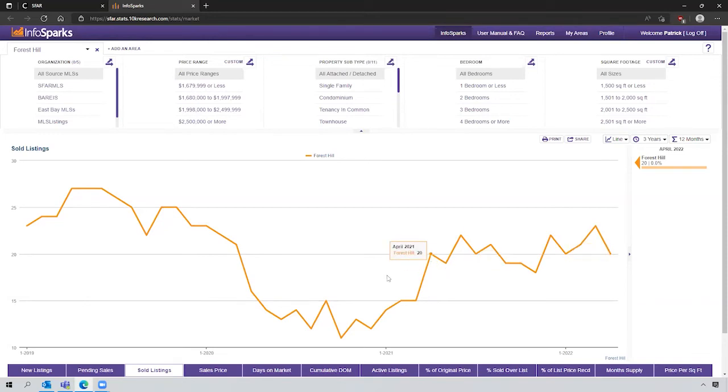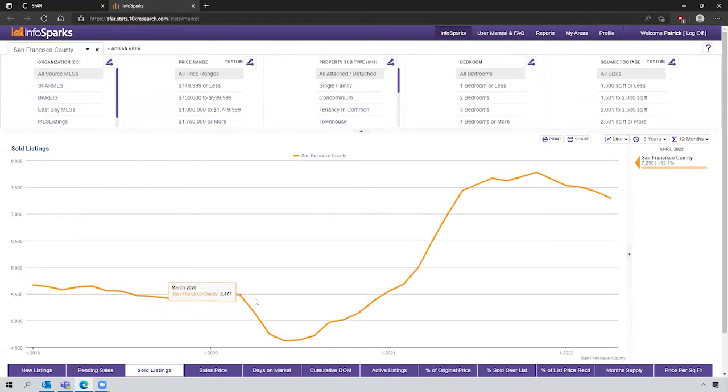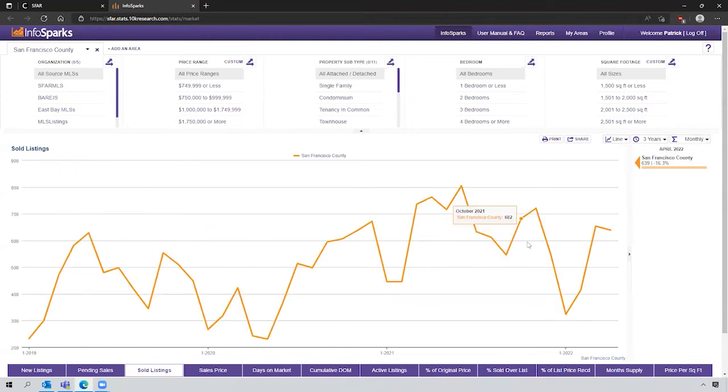Yeah, and to Jay's point, we selected Forest Hill. It's a sub-district, so it's a very, very small representation of the overall market. And so in general, small snapshots of areas, you'll see more jagged, more volatile trends than you would, for example, for San Francisco County, which is a much clearer trend of the market. And I'll go ahead and show you again. San Francisco, you can see a clear trend. It's very smooth over the changing sold listings over the past 12 months. Okay, so